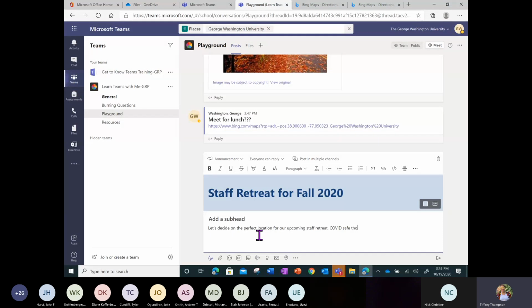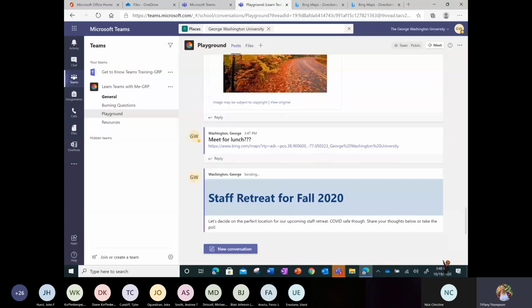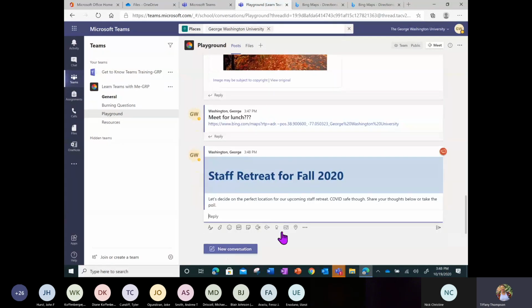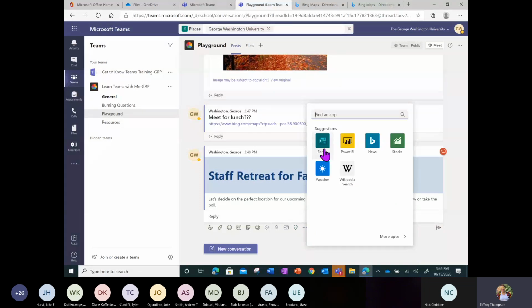COVID safe, though. Share your thoughts below or take the poll. All right, so I'm going to send this message first to everyone, and then I'm going to add a poll.